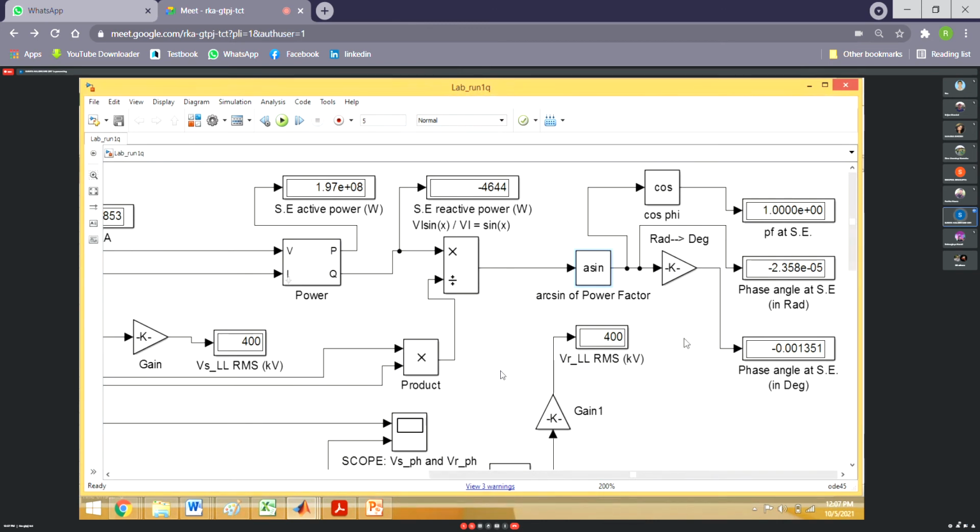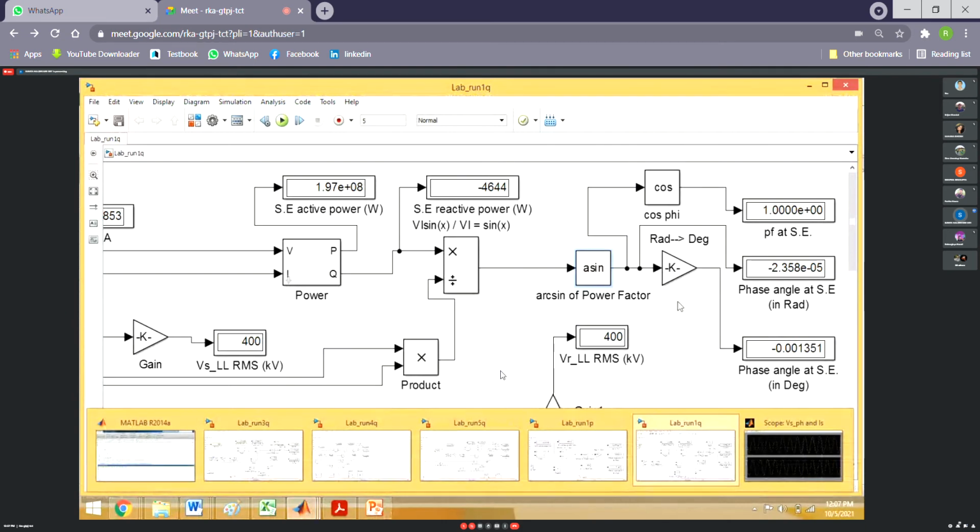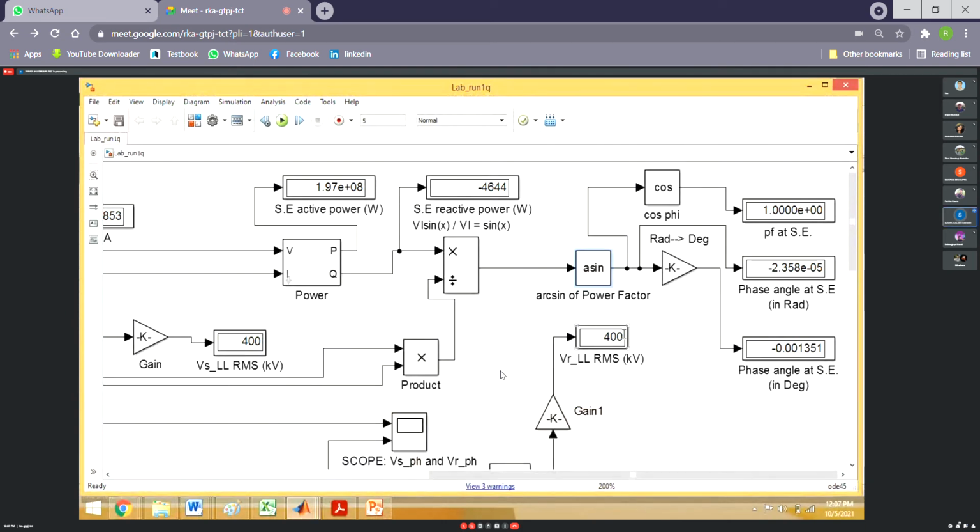All of you have copied or not? Yes, ma'am. So actually, this is the technique. We can take Vi sin phi equal to Q or Vi cos phi equal to Q. But if we take the Vi cos phi, then we cannot get the idea of whether power factor is leading or lagging. But if I take Vi sin phi, Q by Vi, then I can get the idea of whether at least power factor is lagging or leading.